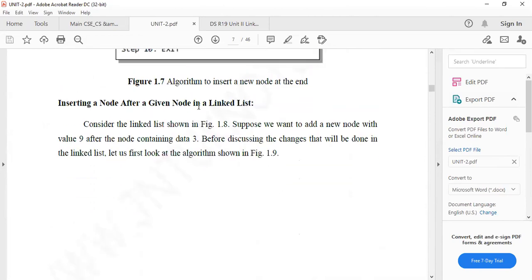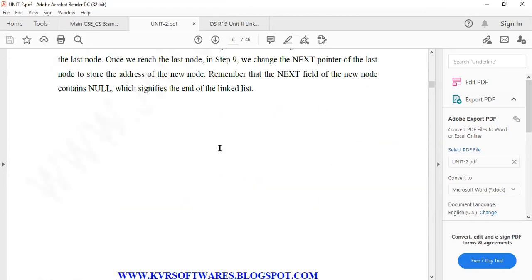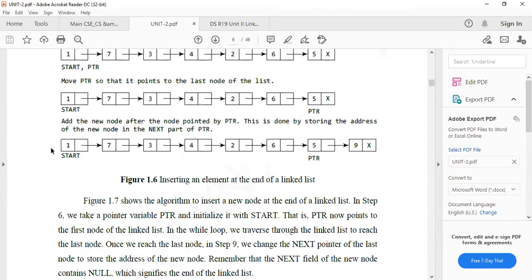Inserting a node after a given node in a linked list. That means after B or after the middle. For example, see here, in the above example, this is the beginning and this is the ending. So in the middle of any node, we can insert a new node, that is a node before or a node after.